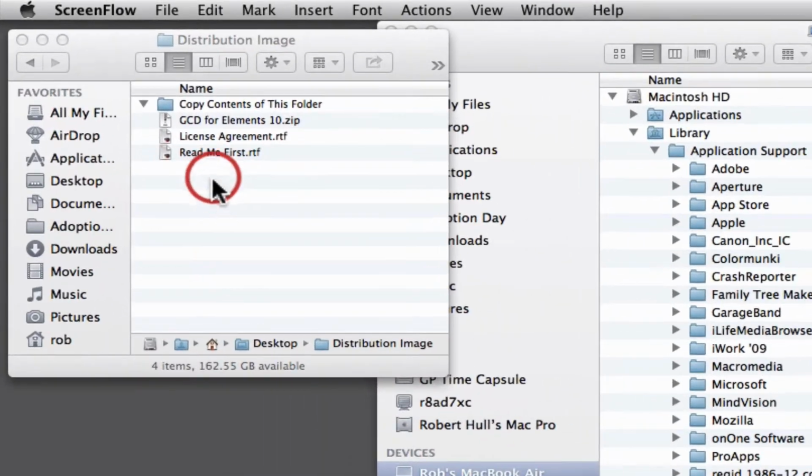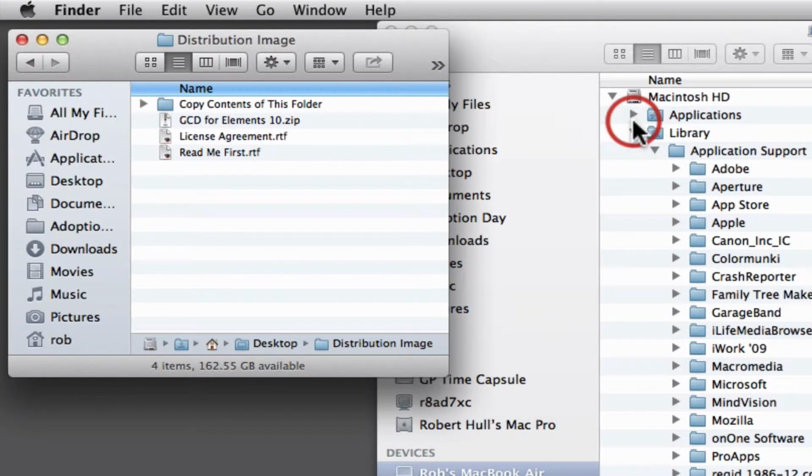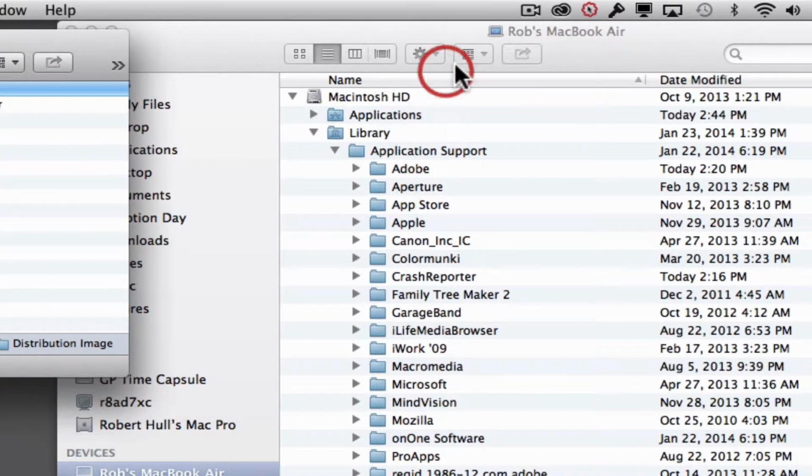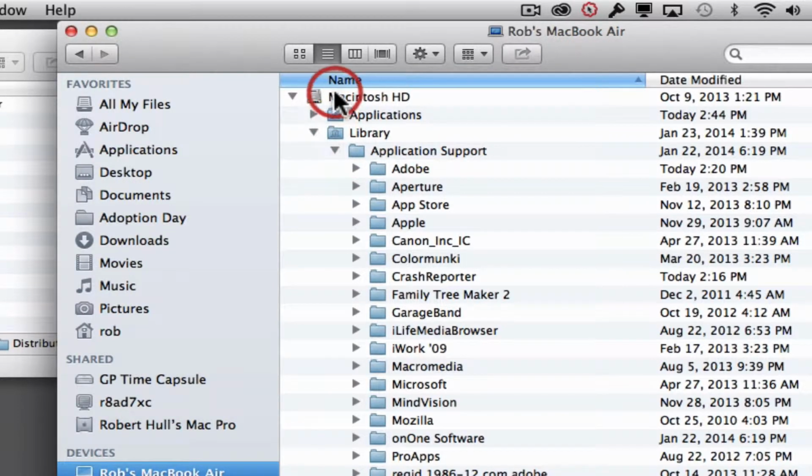When you receive the greeting card designer, you're going to get a folder that has lots of files in it. One folder within there is going to be called "copy contents of this folder." Everything inside this folder needs to be copied to a specific location. And if you look on your Macintosh HD, which is where the library folder is, within there is an application